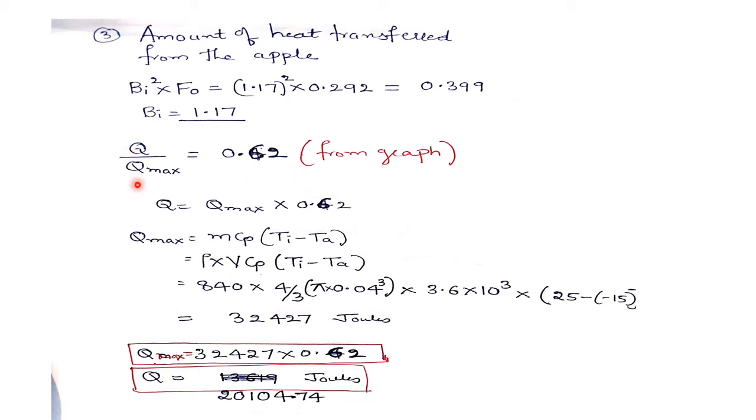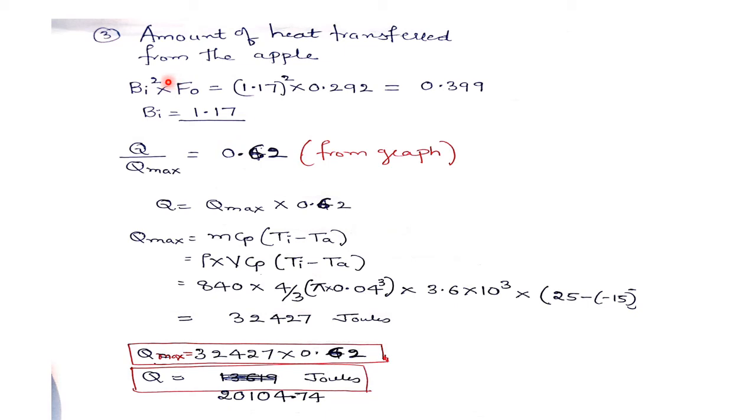So Q divided by Q maximum equals 0.62. This value I have taken directly from the graph. In the next slide, I will show you the graph and how I got this value. Therefore, Q is calculated by the formula Q maximum into this 0.62. So let me first explain how to calculate this